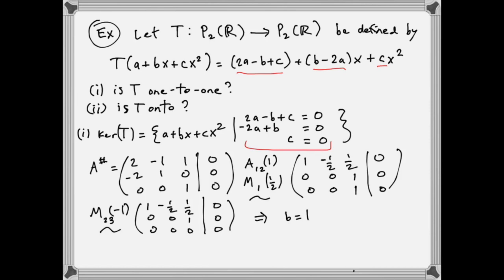So b is equal to any real number, c is equal to 0, and then we have a is equal to 1/2 times t minus 0, which is 1/2 t. Okay, what does this mean? This means that because we have one free variable,